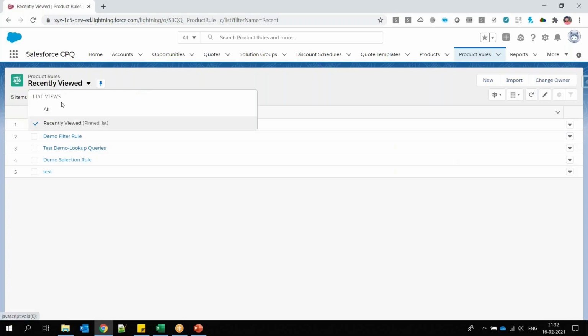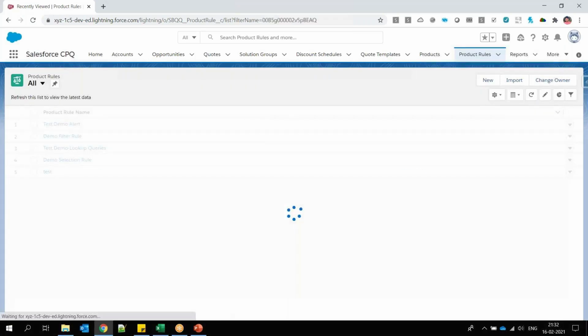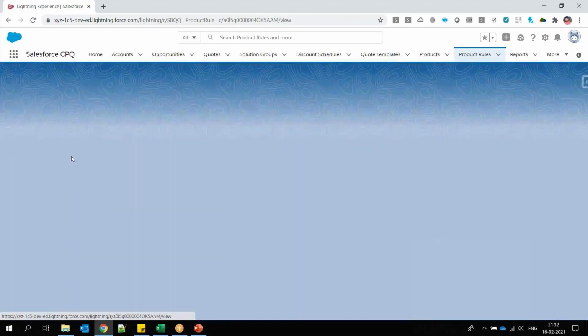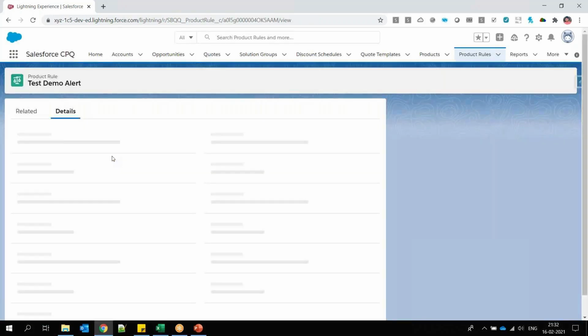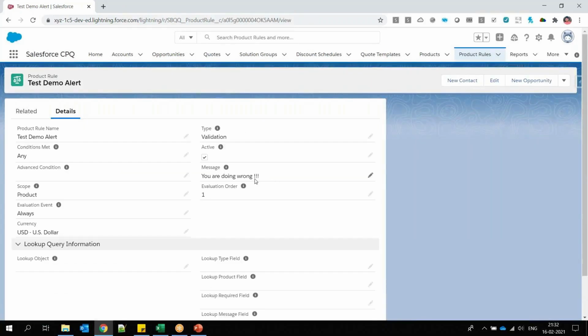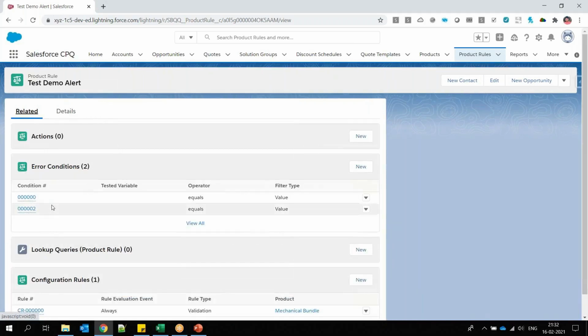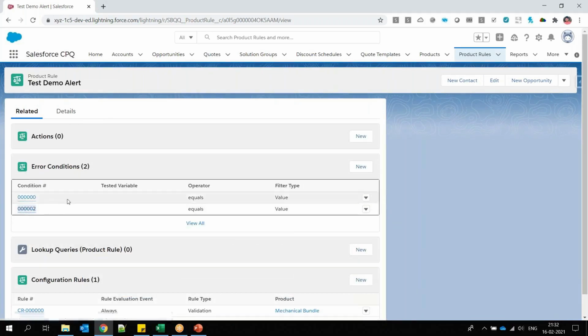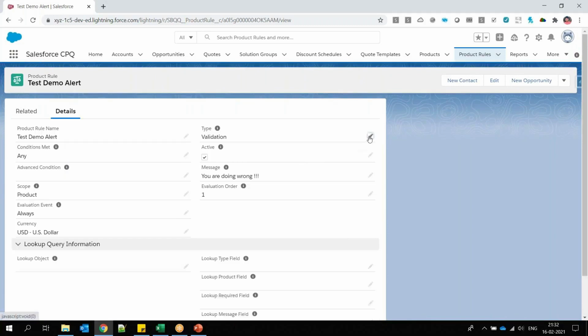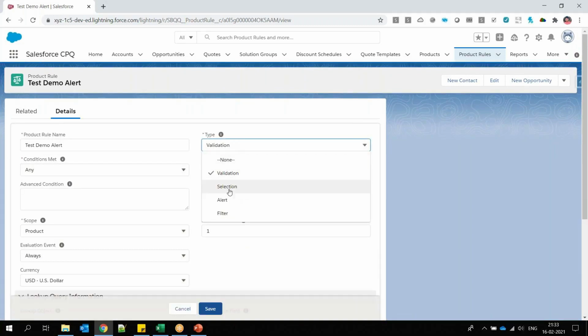Sorry. Let me open all. So this is the demo alert product rule, created with the "you are wrong" message, right? And we created this with the scope product and evaluation event as always. So there was a 3-4 days gap. I remember this is what we completed: error conditions, configuration rules, and everything for this particular rule, right? And we tested this for alert as well as